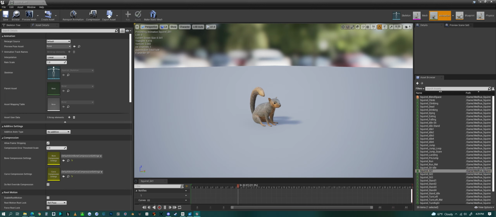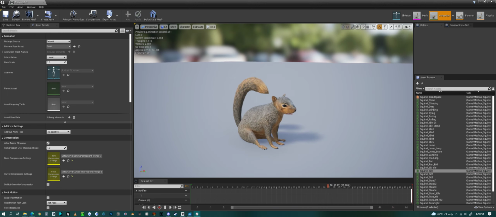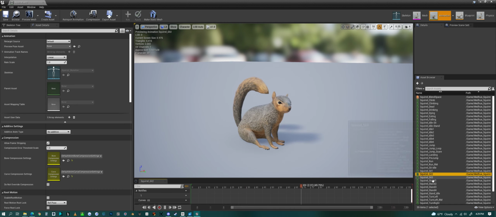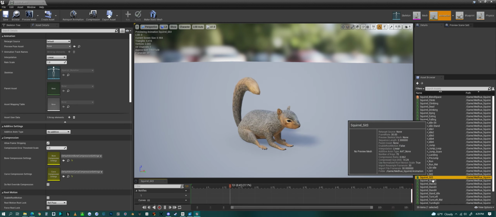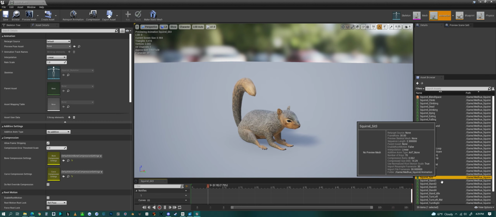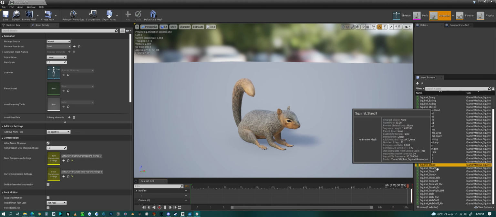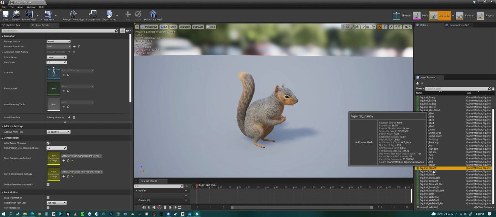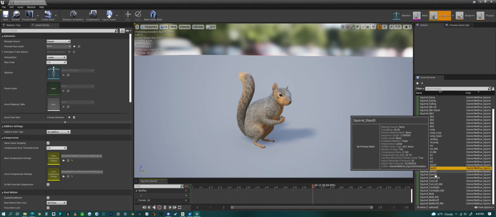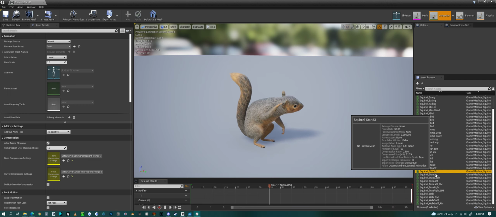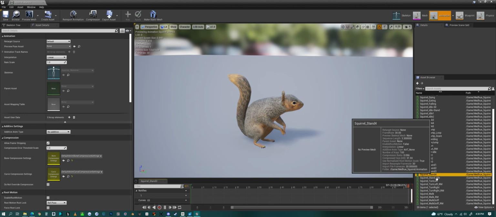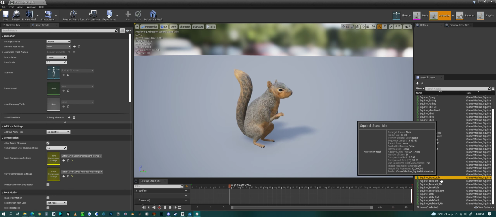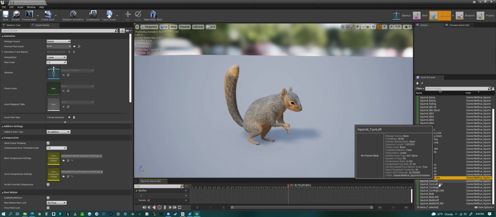There we have sitting, sit 2, where he kind of looks around. Sit 3, sits a little bit lower. Then we have a standing, stand 1, stand 2, stand 3, and stand 4. Then we have another transition, stand to idle,